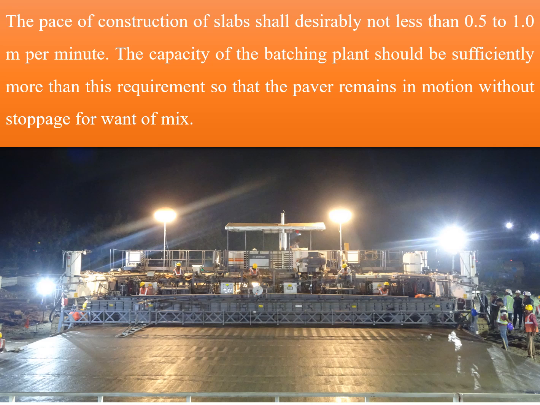So if you have kept the paving speed as 0.8 meters per minute for a particular length, if X amount of quantity is required per minute, then your batching plant should be able to produce X amount per minute at least, and then the same quantity needs to be transported to the project site. And there has to be a minimum gap maintained, considering that there will not be any delay in the movement of the paver because of the want of mixers.